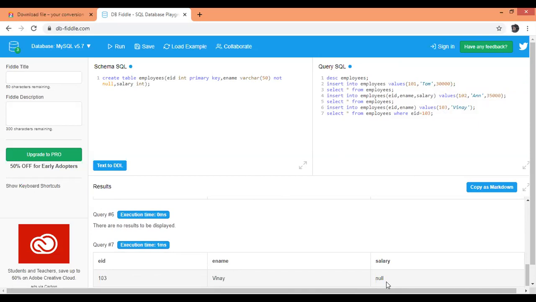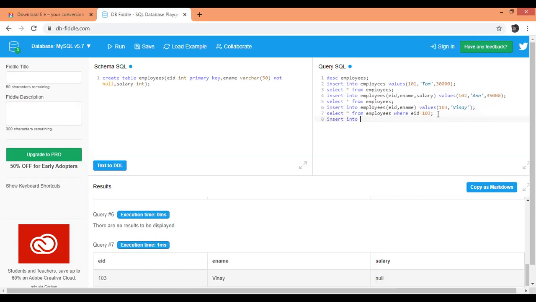Now you may have a question: what if we don't provide ename, what if ename is null? Let me take the example. Instead of saying it, let me do it.